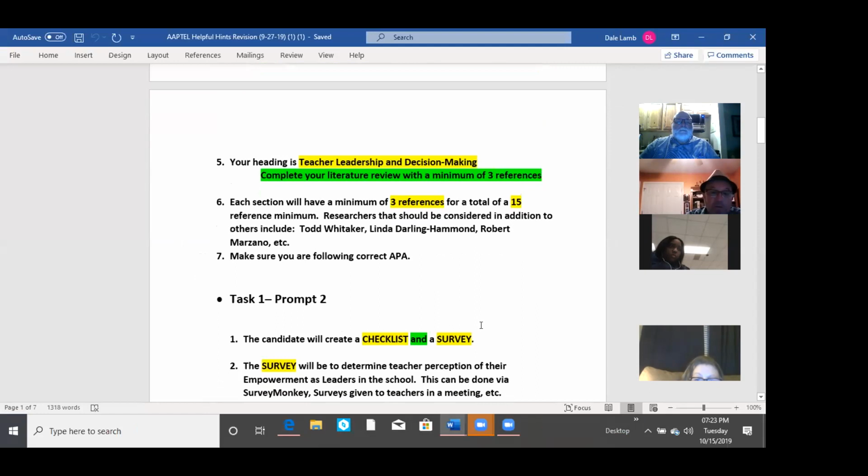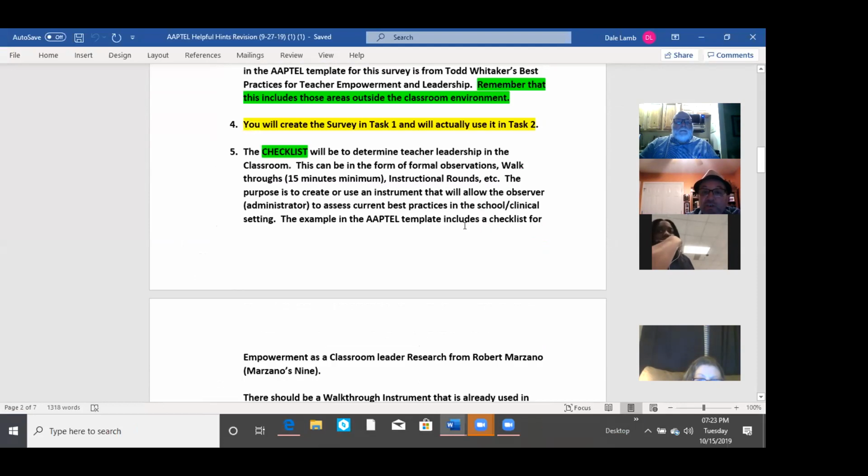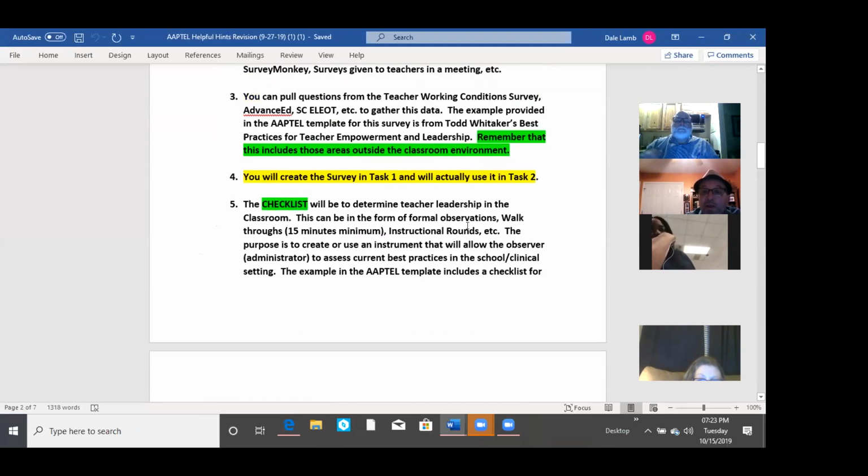Okay, going down to prompt 2. Again, 2 things: a checklist and a survey. And Dr. Lamb, go to number 3. You can pull questions from the Teacher Working Conditions Survey in North Carolina, Advanced Ed in North Carolina and South